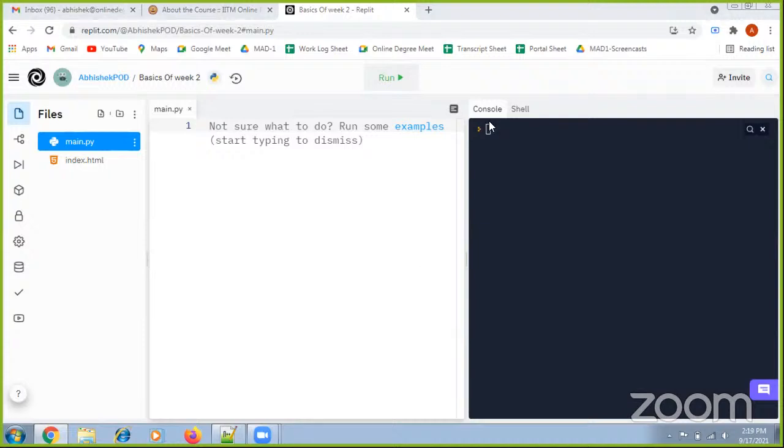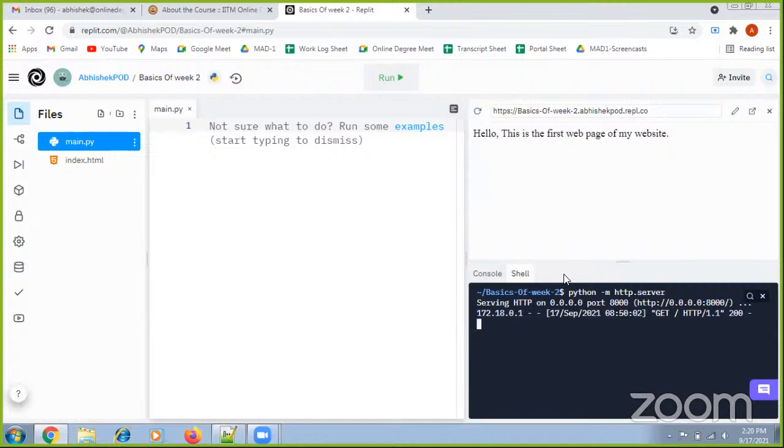Okay. I hope you remember that when I was explaining the different sections of this user interface screen, I mentioned this shell tab also, right? This shell tab just acts as a simulation for a Linux-based terminal. So we could write the same command, python -m http.server, here, and this would create a web server for us. So let me try that. python -m http.server. Now once I hit enter,